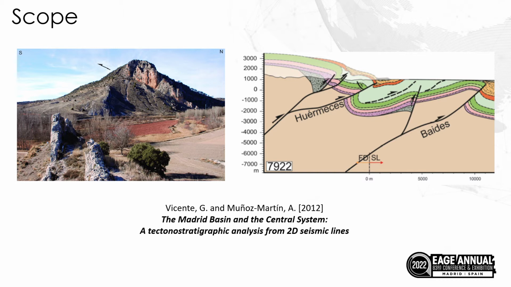And this stop is presented with a classical representation, with a picture of the area and with a graphic cross-section. And from the indication, we understand that a certain thrust on the section is the fault that we see present